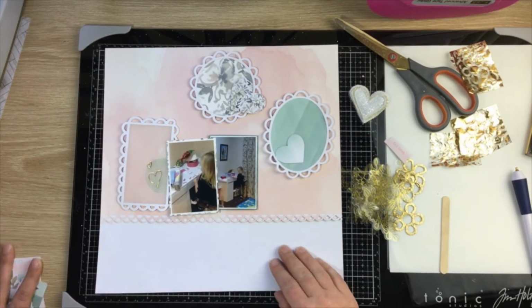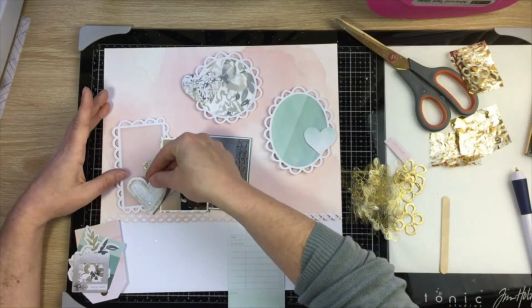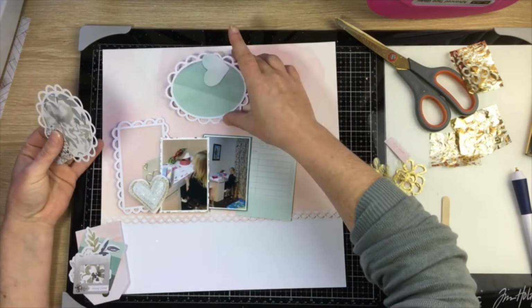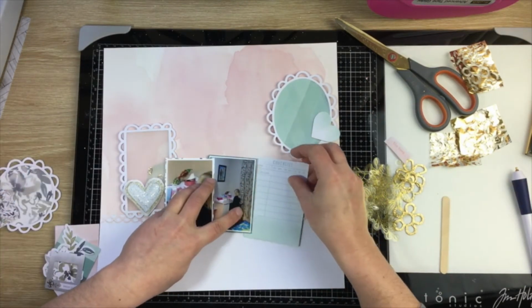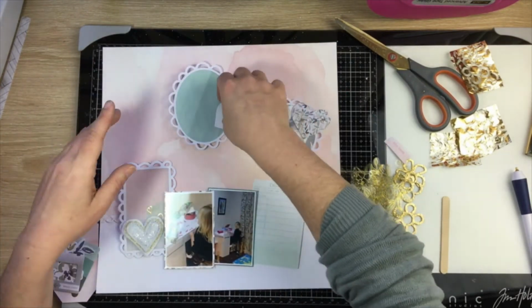and I am initially trying to keep it all on the pink pattern paper on the background, but it ends up getting too squished up, and I wanted a bit of space, so I end up with a grid design, which is really not what I had intended to do in the beginning, but I really like the layout in the end. I'm really happy with it. So there we go, I'm bringing all that stuff down,